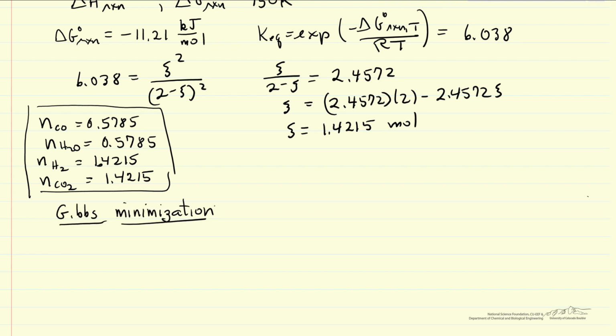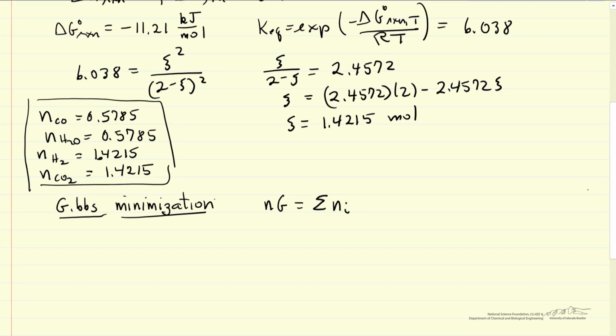This approach doesn't have advantages when we just have one reaction; it has the real advantages when we have multiple reactions, but we're going to look at the simpler case to make it a little easier to understand. The idea is what we're going to minimize is the number of moles times the Gibbs free energy per mole for the mixture. I'm going to write this in terms of the components, so it's the number of moles of each component, of course, at equilibrium, where we get the minimum.